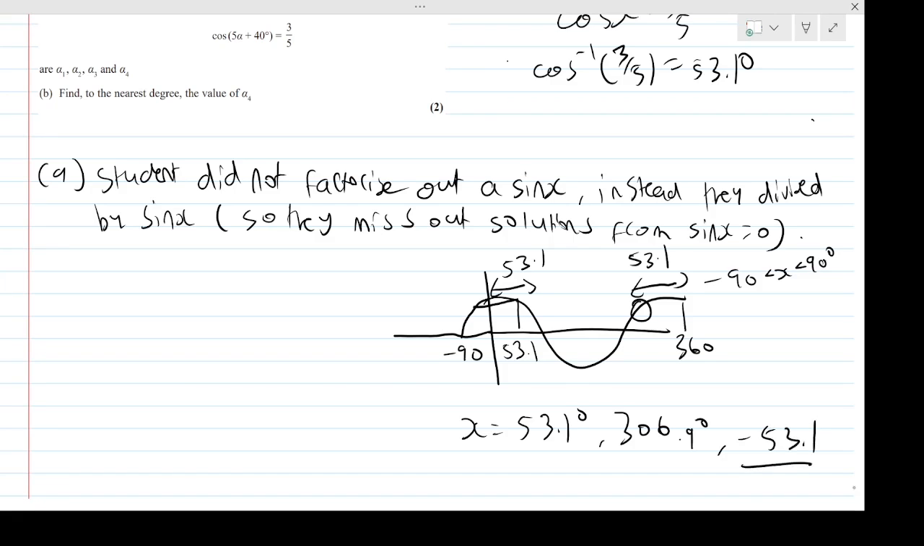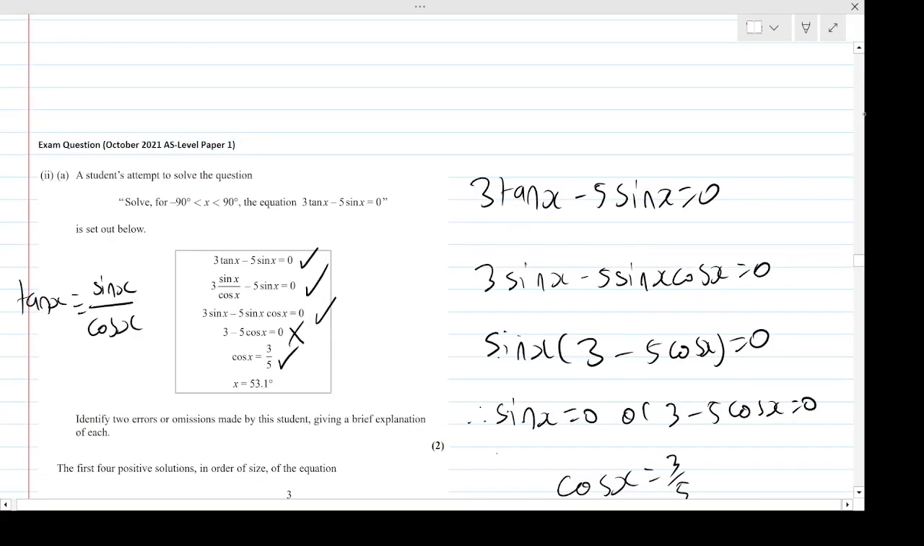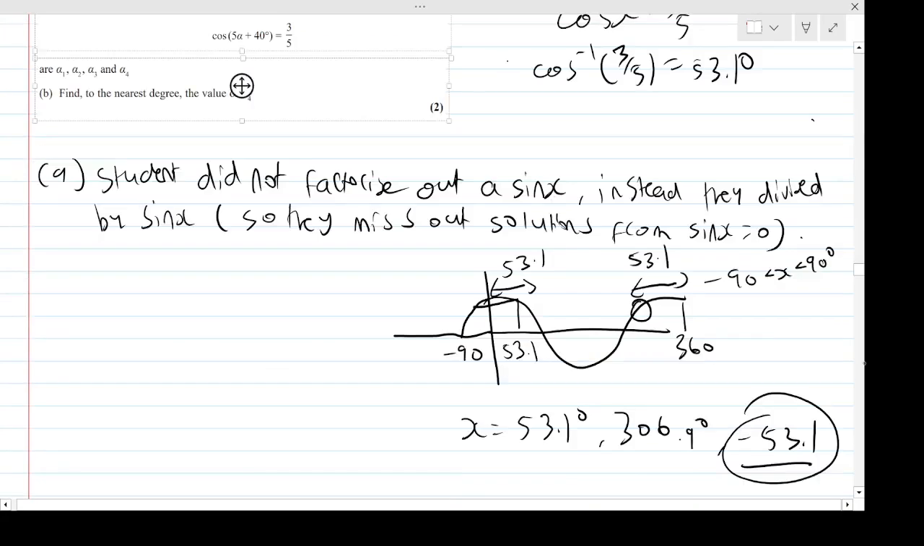And actually, that is between minus 90 and positive 90. So they missed that other solution out, right? They should have also got minus 53.1. All they've said here is x is positive 53.1, right? So there we are. Right, so the other error then is that they've missed out the other solution. So student also missed out the solution